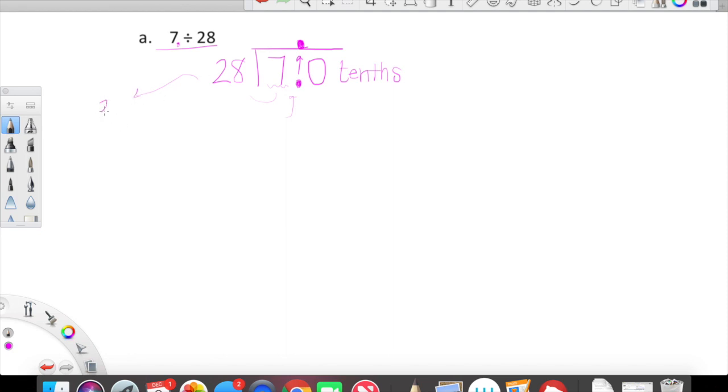Let's think about where we shall start. 28 is pretty close to 30, so I'm just going to do some casual skip counting over here by 30